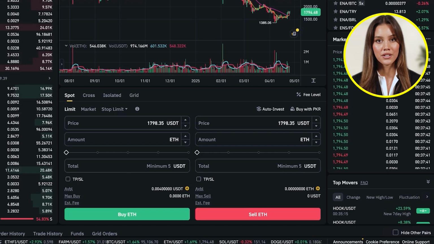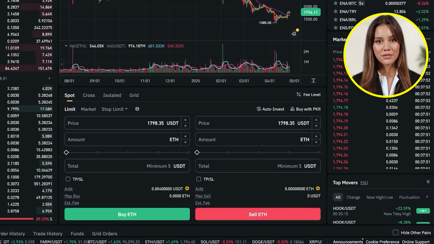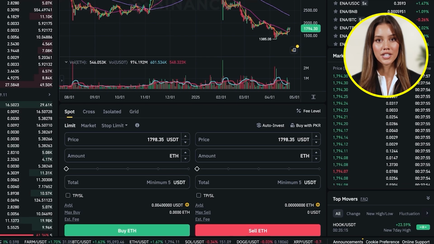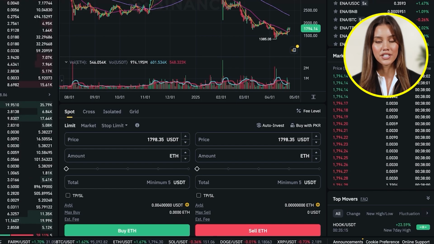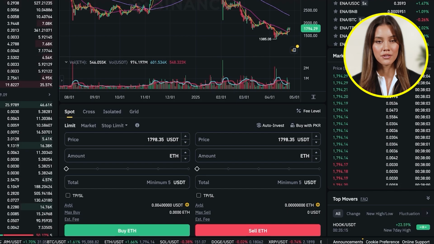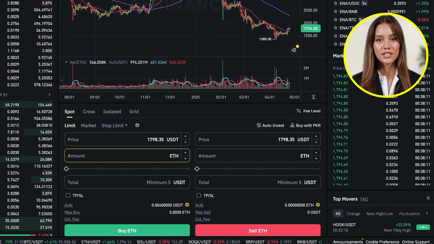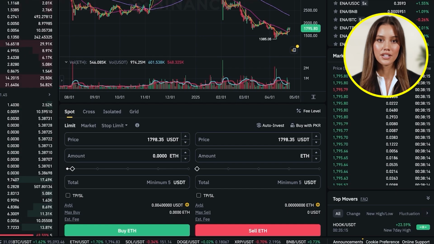Now, from here, you are going to check the order book for buying and selling pressure. You can see the order book on the right. And after that, we are just going to go on market order, enter the amount of BTC that you want to purchase, or you can even use the percentage buttons to use a portion of your USDT balance, and your order will fulfill instantly. So let's say I want to purchase 3% of my USDT balance, and then after that